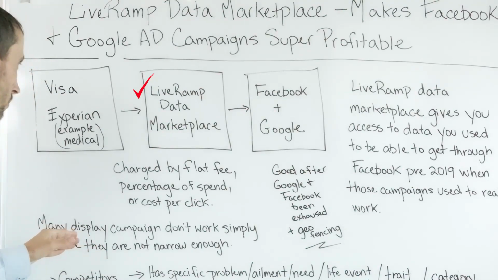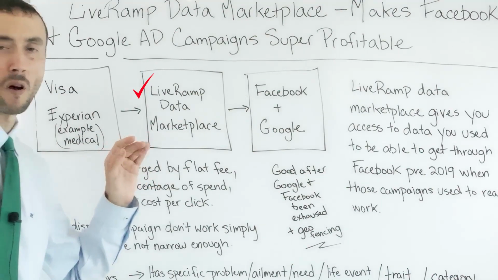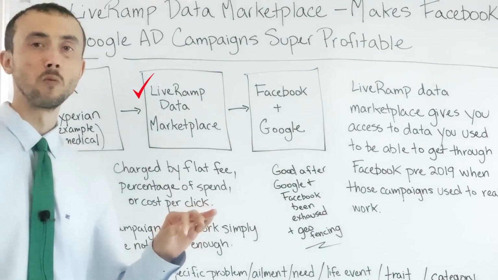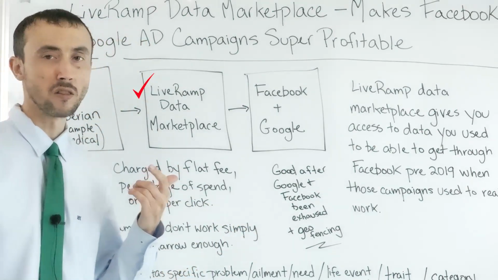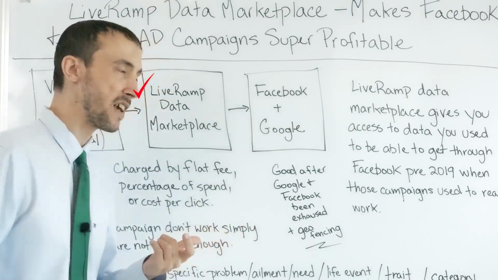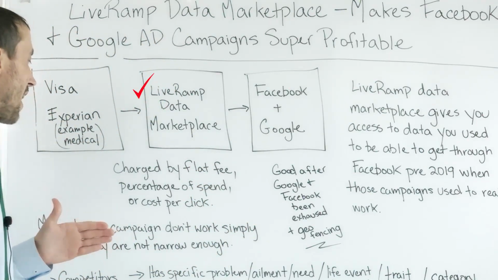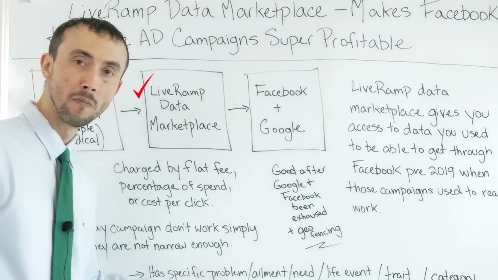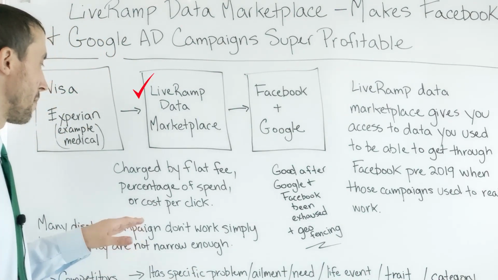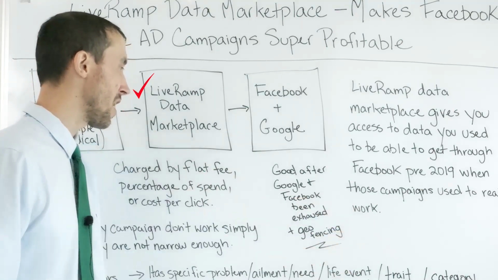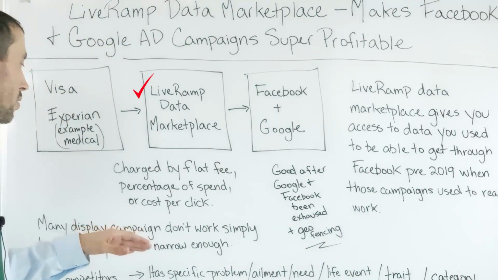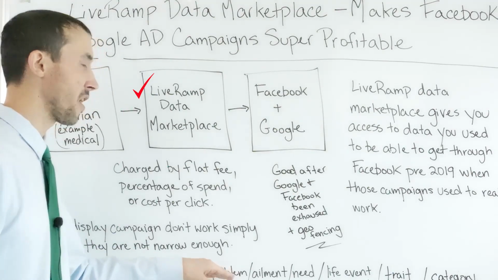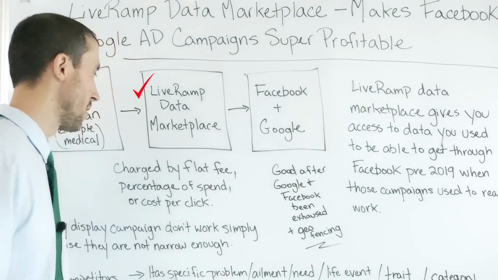So the LiveRamp data marketplace enables a lot of businesses that normally couldn't get display ads to work because the audiences are super precise that you can target by getting access to their data. You could target people who have a specific problem, okay? Ailment, need, life event, trait, or category. So when you're talking about targeting somebody who has a specific problem,